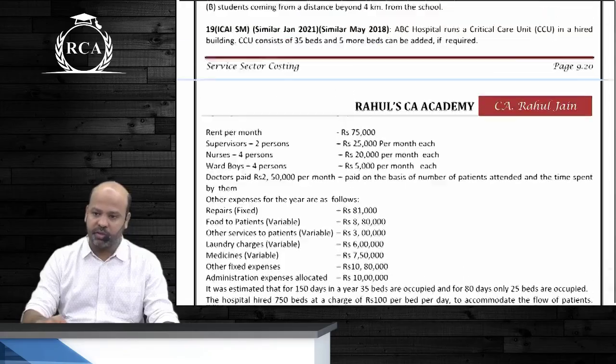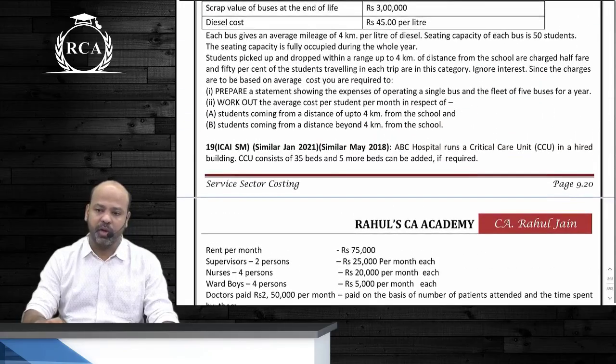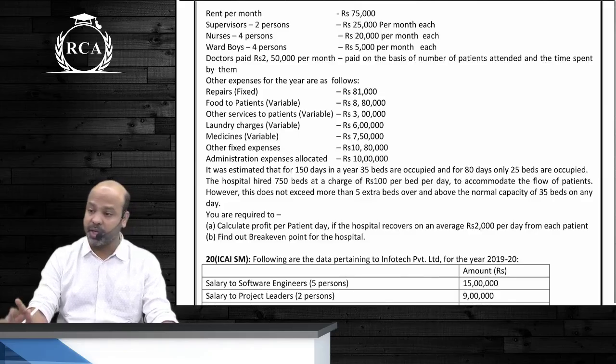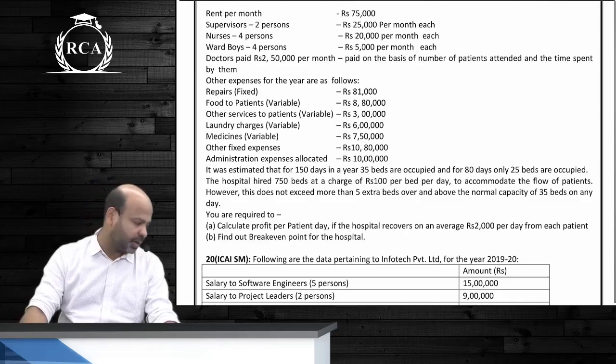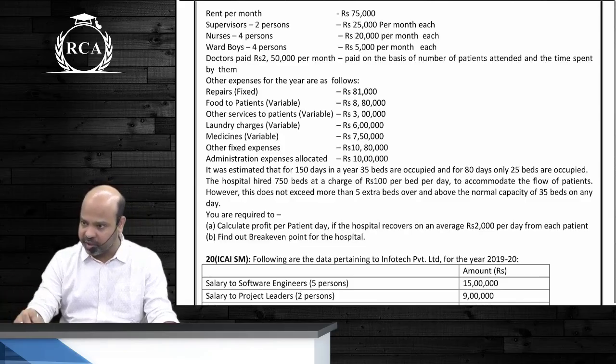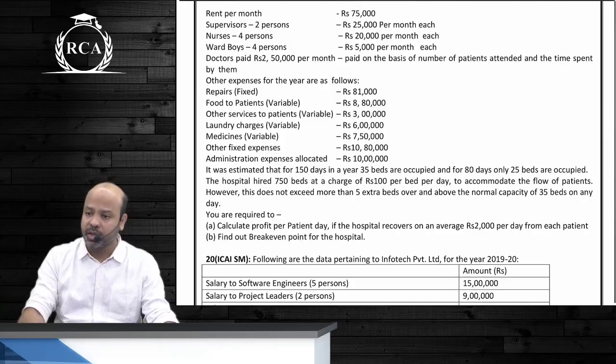The question says above that we already have 35 beds and if required we can hire additional 5 more beds. So just in case the requirement is more than 35 beds, you're going to hire beds. All you have to do is include this 750 also in your computation of number of bed days. The 750 are already bed days. Please do not multiply 750 with anything. 750 divided by 5, you will get 150. It may just happen that during those 150 days, the requirement was actually 40 beds. We used 35 of our own beds and we have hired 5 beds. Are we clear? But you will add 750.